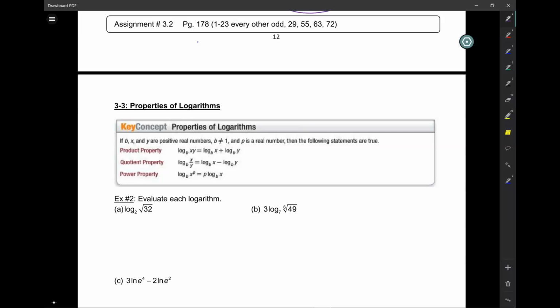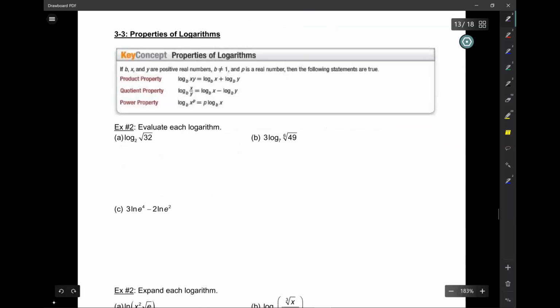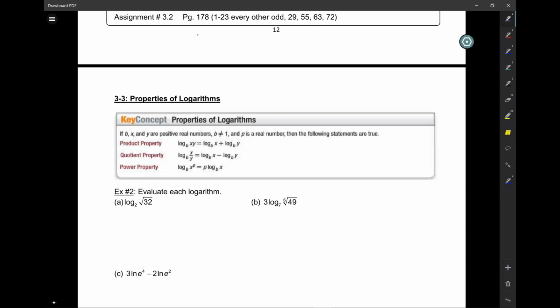Okay. Now, let's move on to 3.3. We're going to talk about properties of logarithms. So we learned about this in Algebra 2. But again, we now get to the point where this is Precalc honors, and it's not about getting the answer. It's about understanding the concepts behind them, right? So